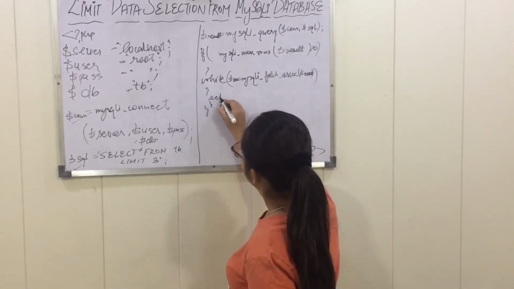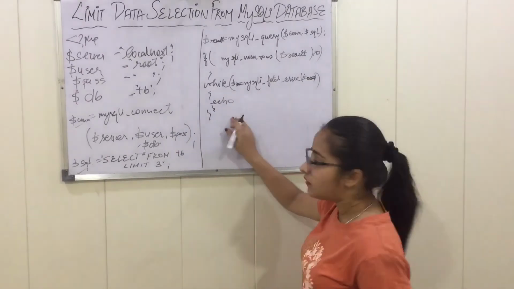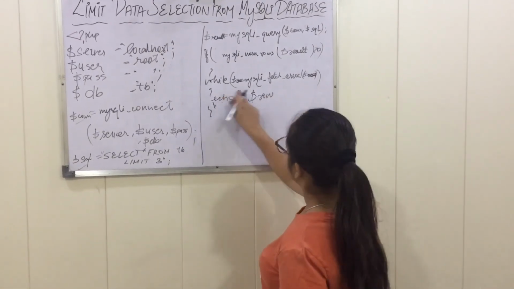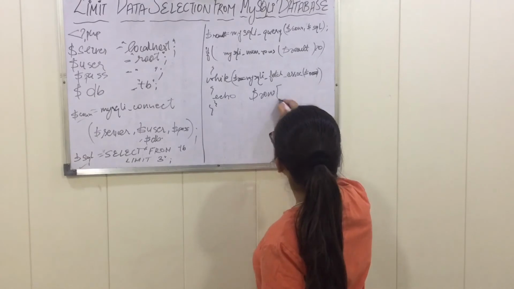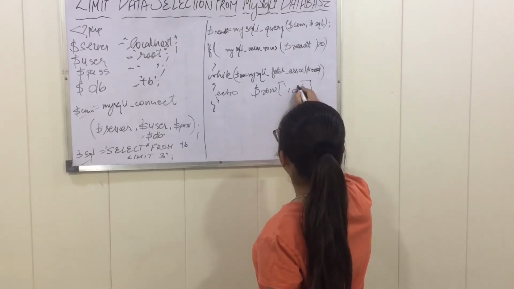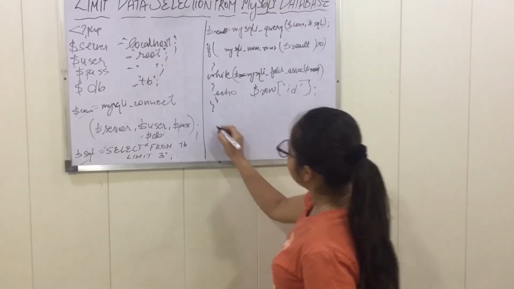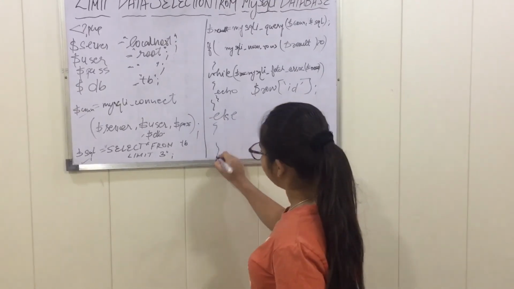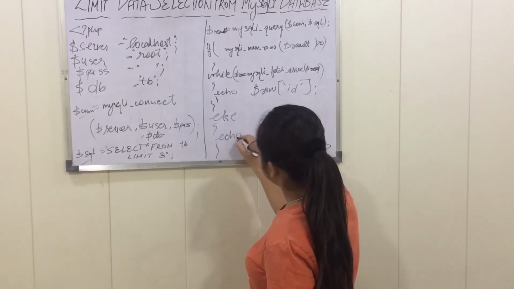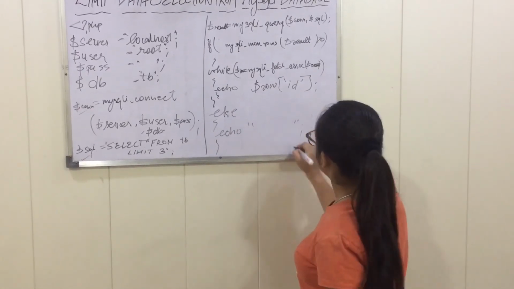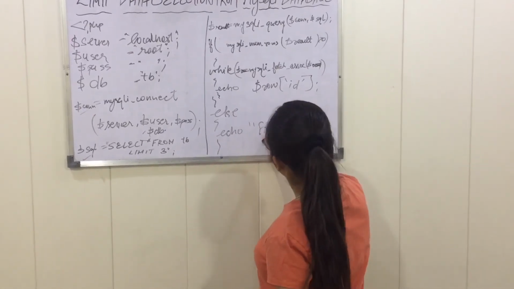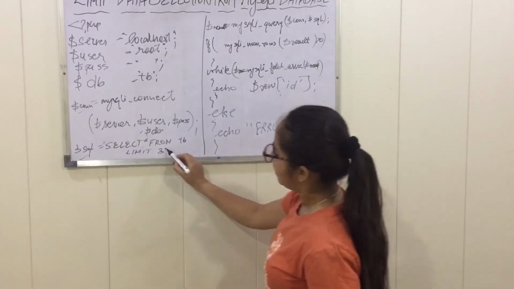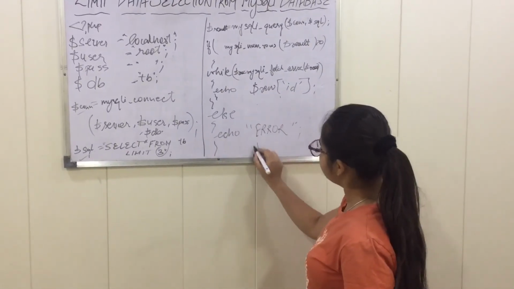In between this we will use echo to display our row. Suppose I am passing $row, and my variable value should be printed. My variable value is id, and then a semicolon. After that, else, if this is false, then print this statement. In between this I am writing echo, so you should print that error. If this statement is correct, then print the id, that is the rows, on the display screen,